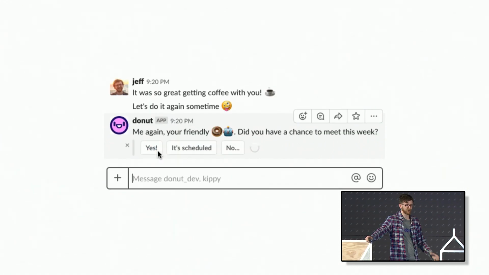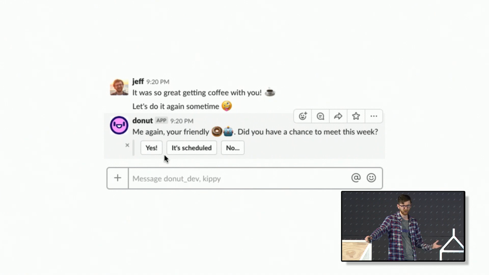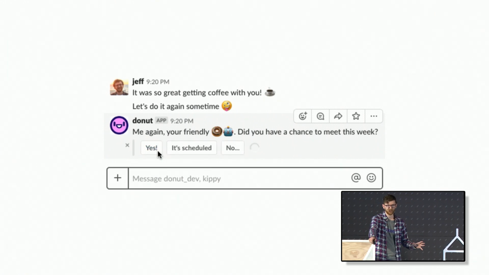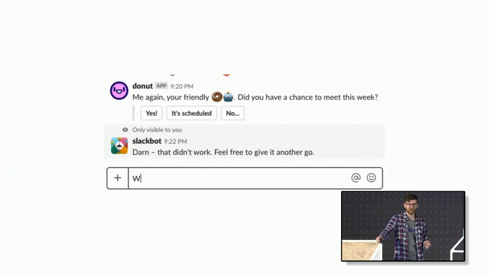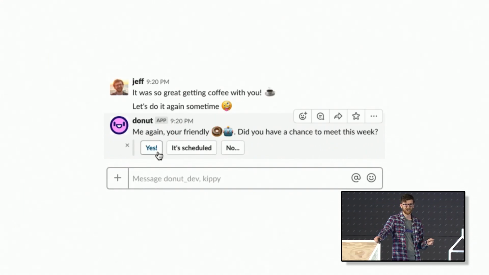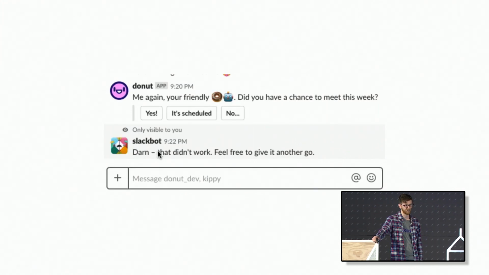And there could be a few things. Maybe you didn't put the right URL into your Slack app. Maybe your server's not running. But probably what this means, if everything's configured properly, is that you took too long to respond. So you have 3 seconds to respond back to Slack when a payload is sent, and if you don't respond within 3 seconds, this is what happens.